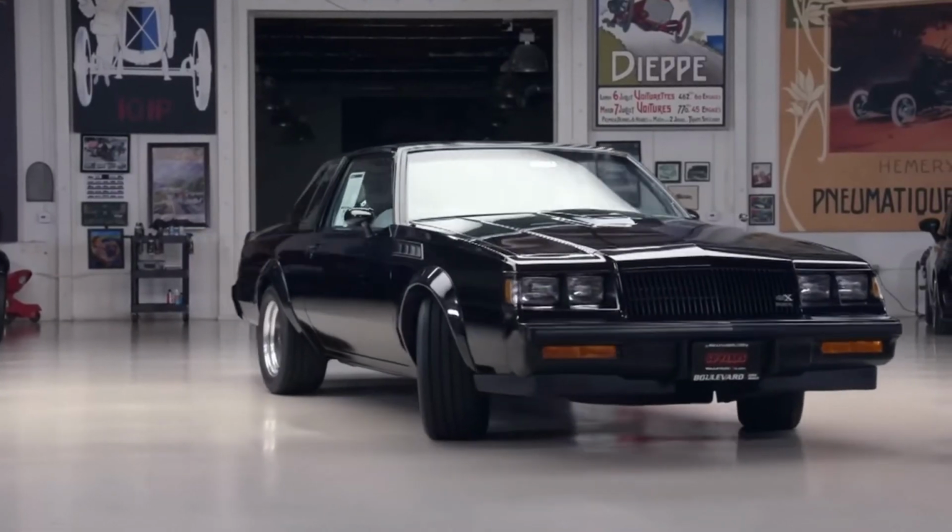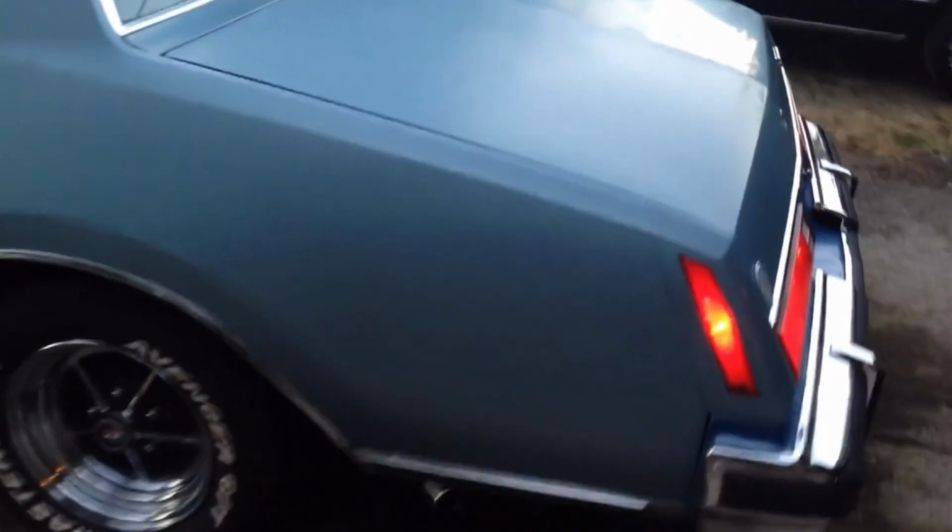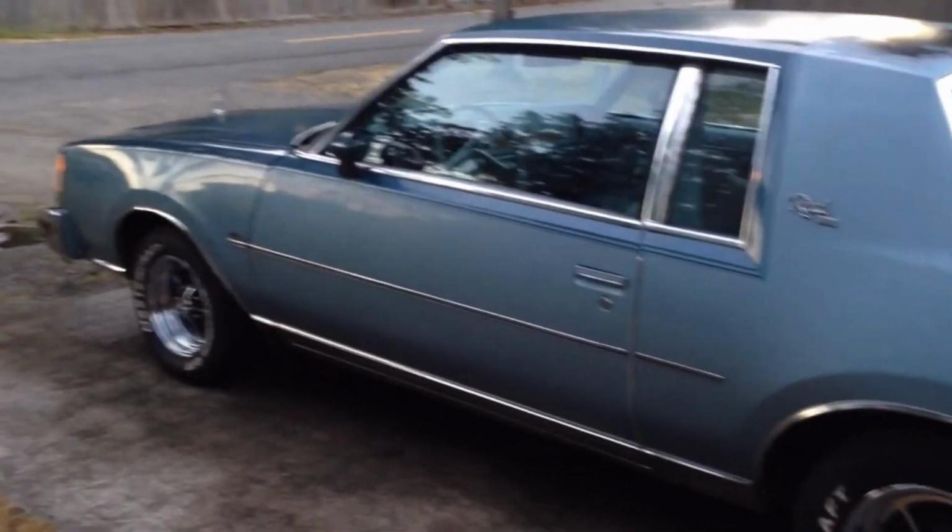So without further ado, let's go ahead and answer the question in the title of this video, which is: is the Buick Regal GNX the best American muscle car ever made? Let's find out. In 1976, Buick introduced the first generation Regal trim to its lineup that took over the discontinued